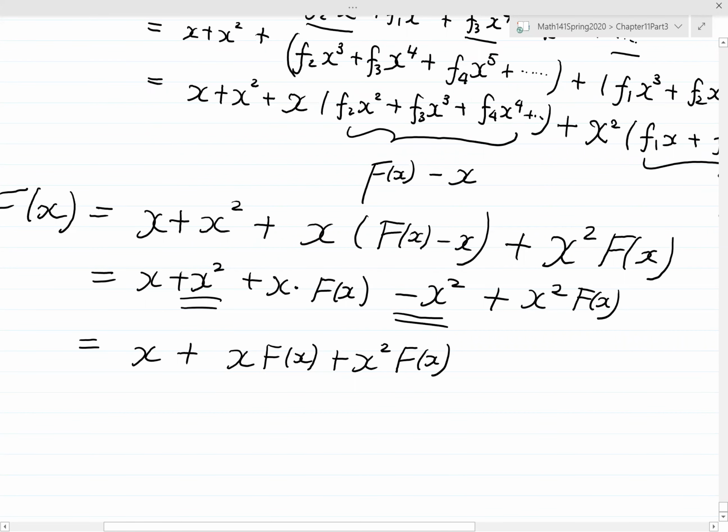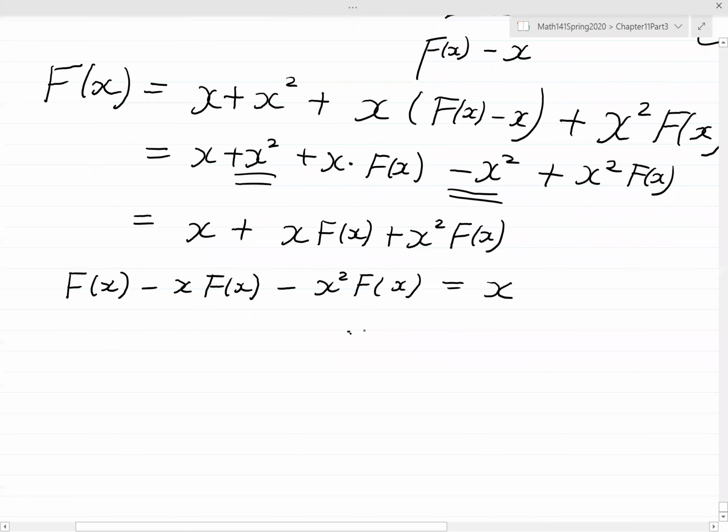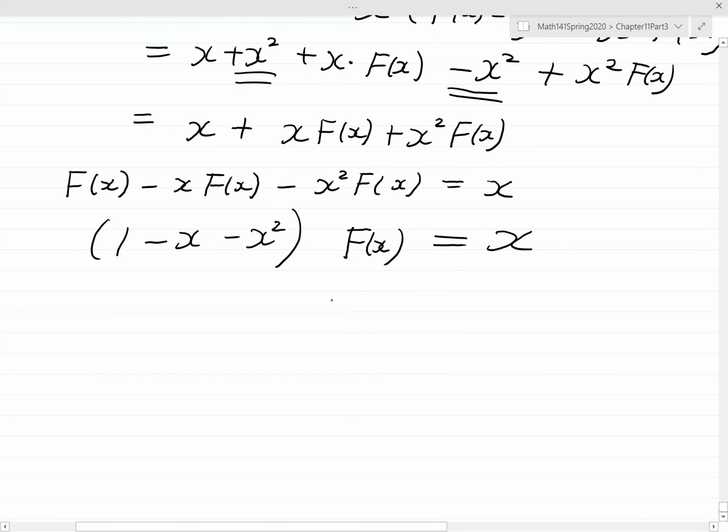Now on the left side we also have F(x), so move the terms that have F(x) to the left. You get F(x) minus x F(x) minus x squared F(x) is x. If you factor out the common factor F(x), you get (1 minus x minus x squared) times F(x) equals x. Then you can solve: F(x) is x over 1 minus x minus x squared,